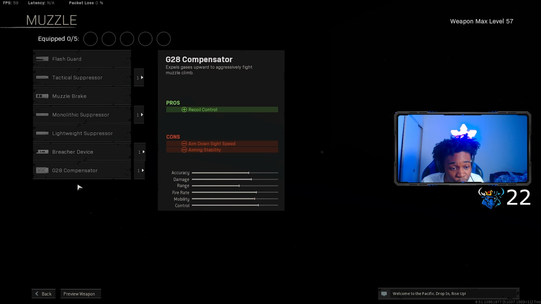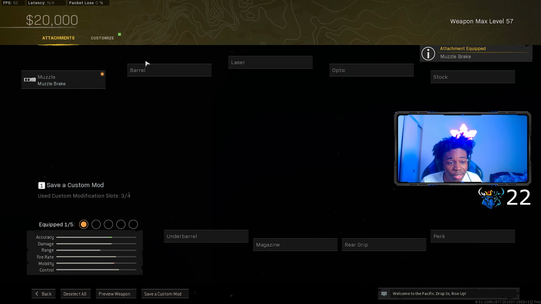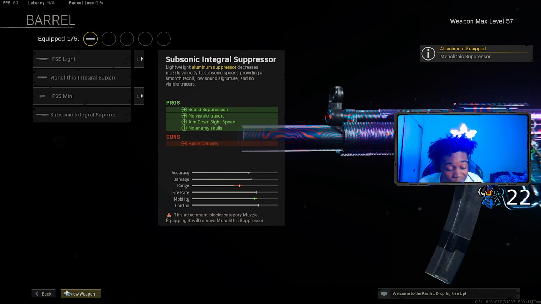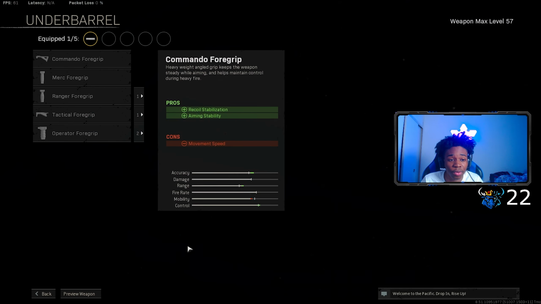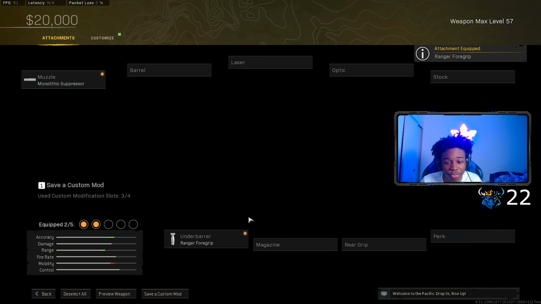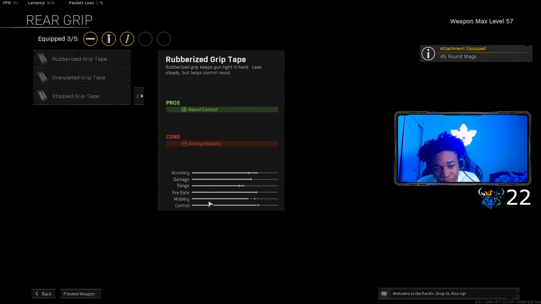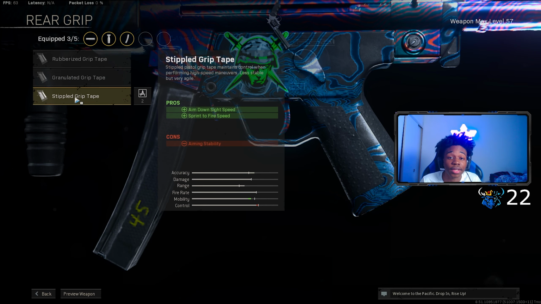So for the muzzle, make sure you put on the monitor suppressor, or you can put on the monitor integral, but that's what I run. For the underbarrel, I run a Ranger grip for the aim stability. For the magazine, I put on the 45 round mag. For the rear grip, I also put on the